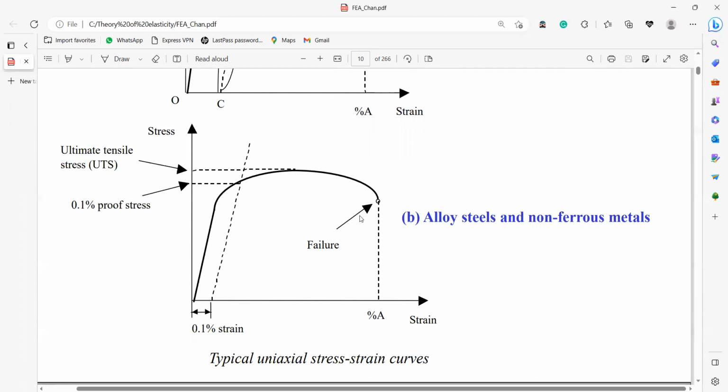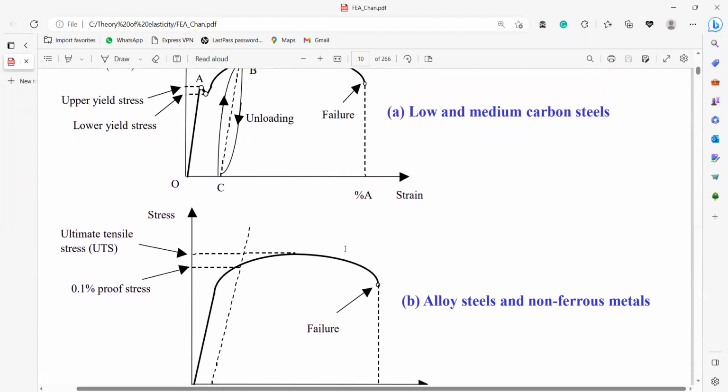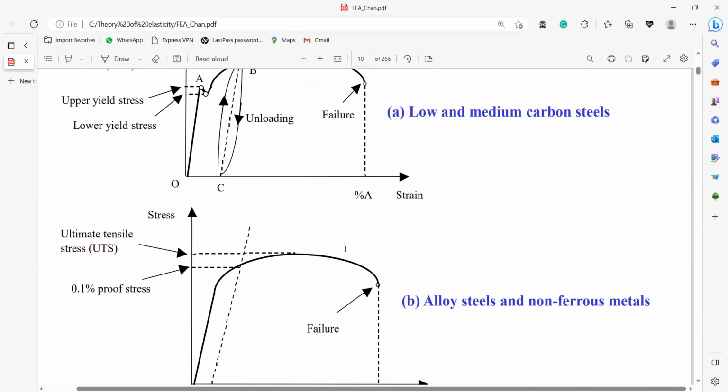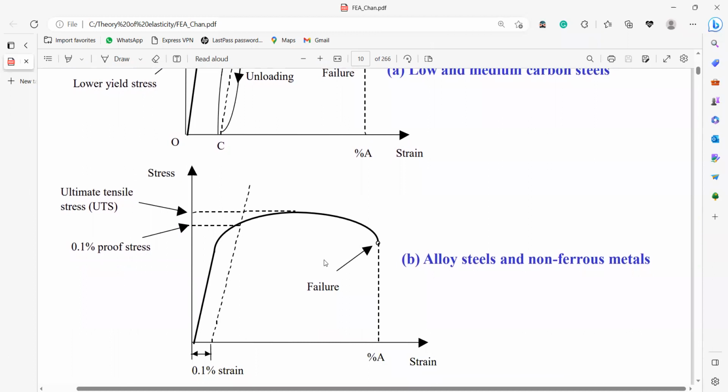So here, when it comes to alloys, what you see is it is quite better than the normal steels. 0.1 proof stress is taken 0.1 percentage away. So this is